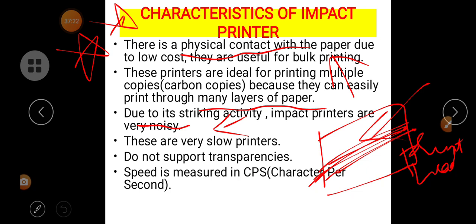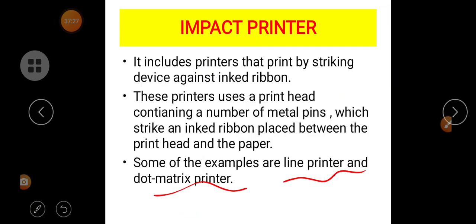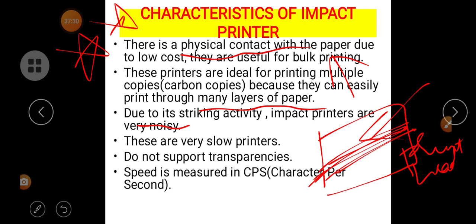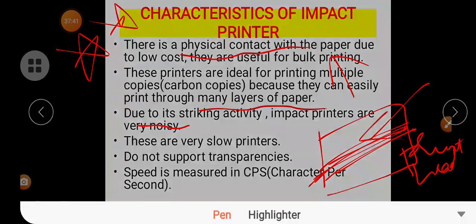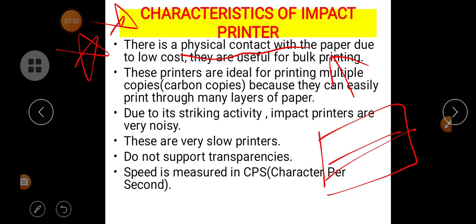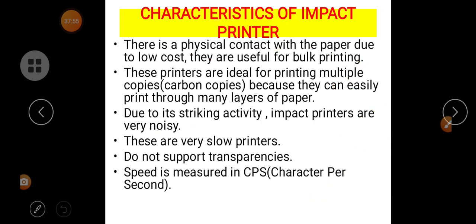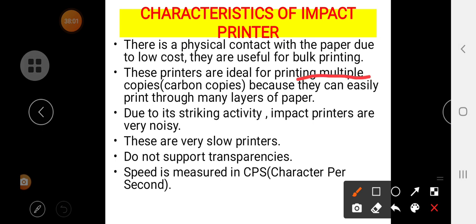I will repeat once again. The characteristics of impact printers: they have physical contact with the paper, they are used in bulk printing, and they can be used for printing multiple copies.